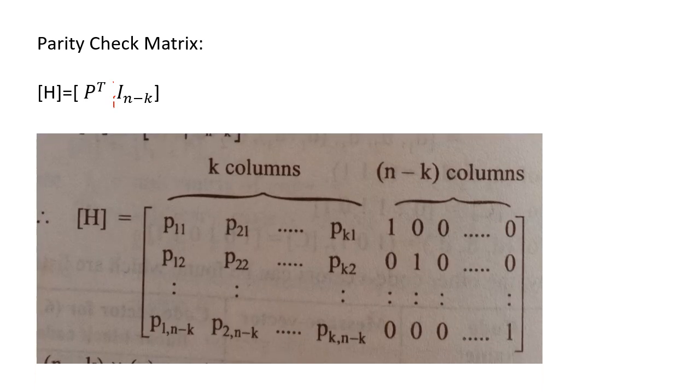So we can write this matrix H using P11, P12, that is the matrix P which we have written earlier, and you take the transpose of that. So rows are converted to columns here. We write P11, P12, which were written in the parity matrix as rows, into columns, and similarly the second column, and so on, and you concatenate it with the n minus k identity matrix. This is how we write the parity check matrix for the given parity values.